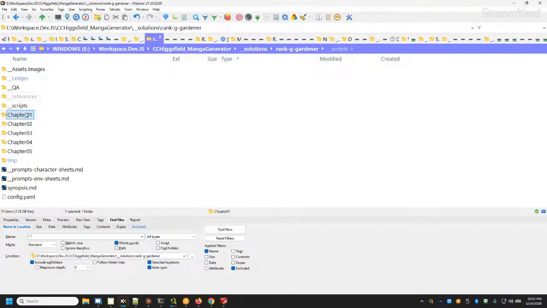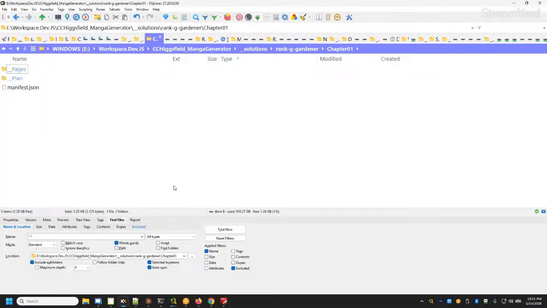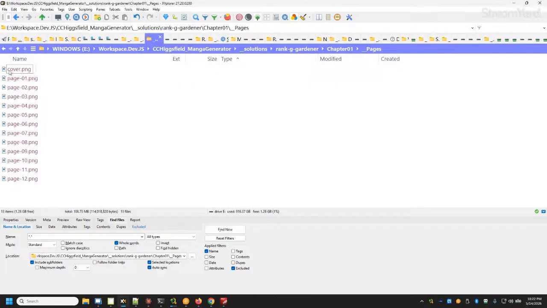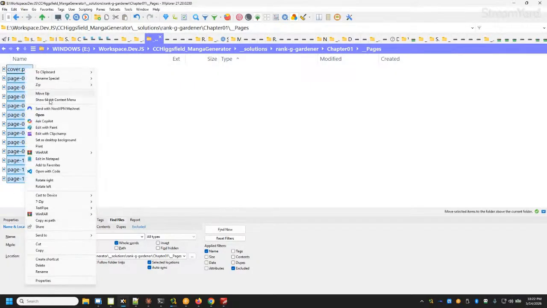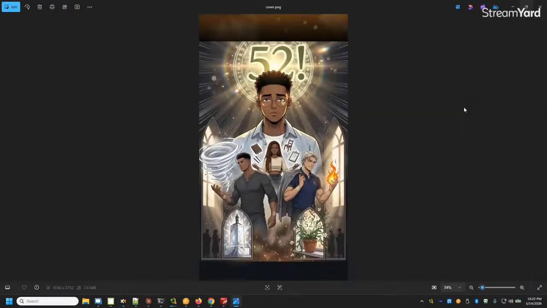So chapter one, and I haven't read anything after chapter two. So chapter one, we haven't composed these either. If we select all these and we go to open, all of these are auto generated from the Higgsfield CLI via Opus 4.7 and GPT 5.5. Don't like it because there's no title here. There's supposed to be a title there. We can fix that in post. Not a big deal.